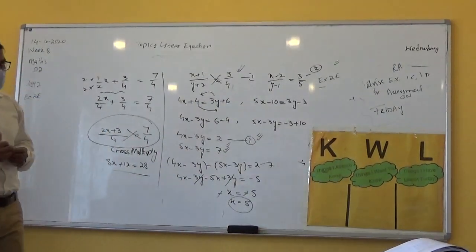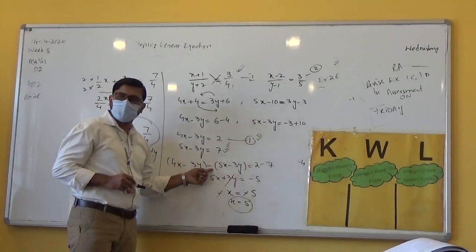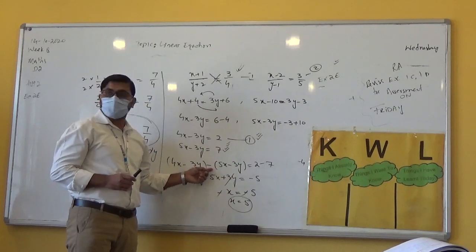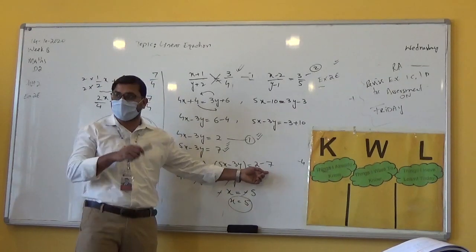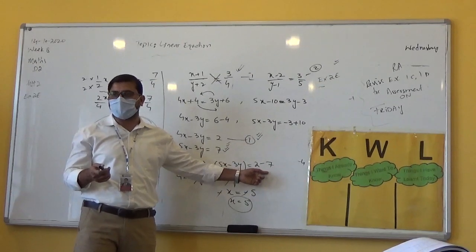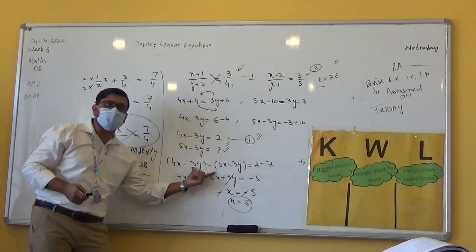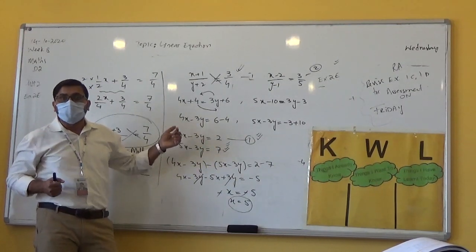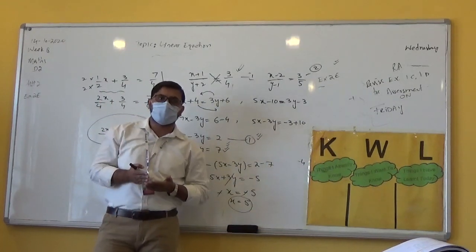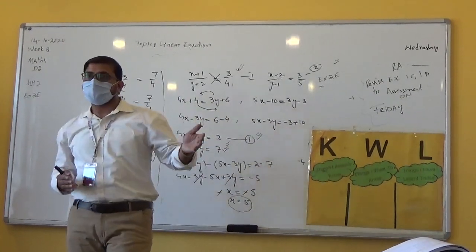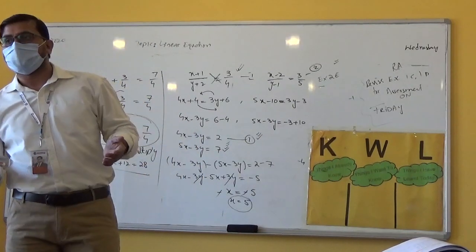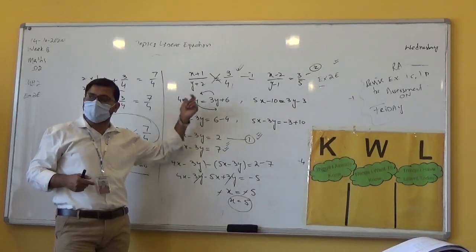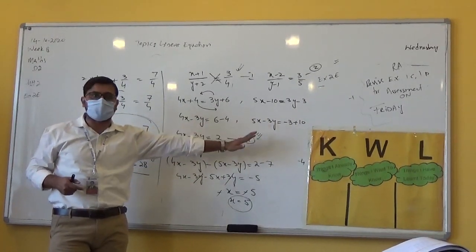If instead of a subtraction sign we have an addition sign over here, the same sign will be applied to the other side. If you are given addition over here, over here will also be the addition sign. If you are going to subtract these two expressions, the right hand side is also going to be subtracted. Whatever I am going to give Zilal, the same thing will be given to Noor also. That is the rule of equality. Whatever you do on the left hand side of the equation, the same thing will be done on the right hand side.